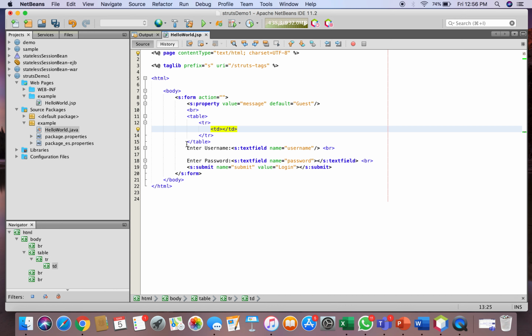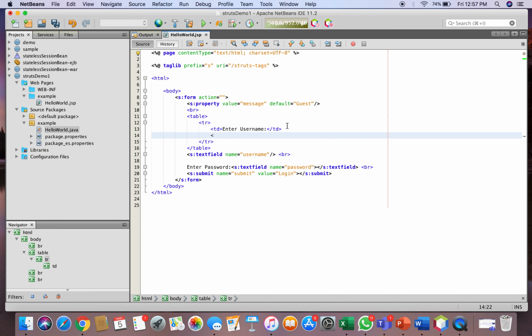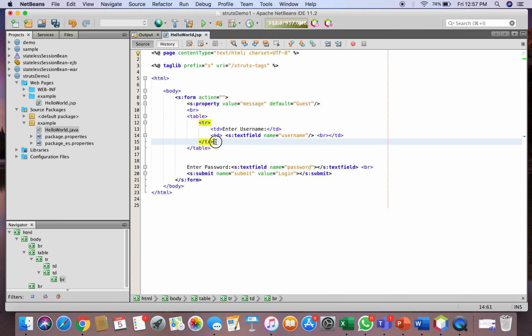In the first column it should display your username, and in the second column it should have the text box. So this is our first row.